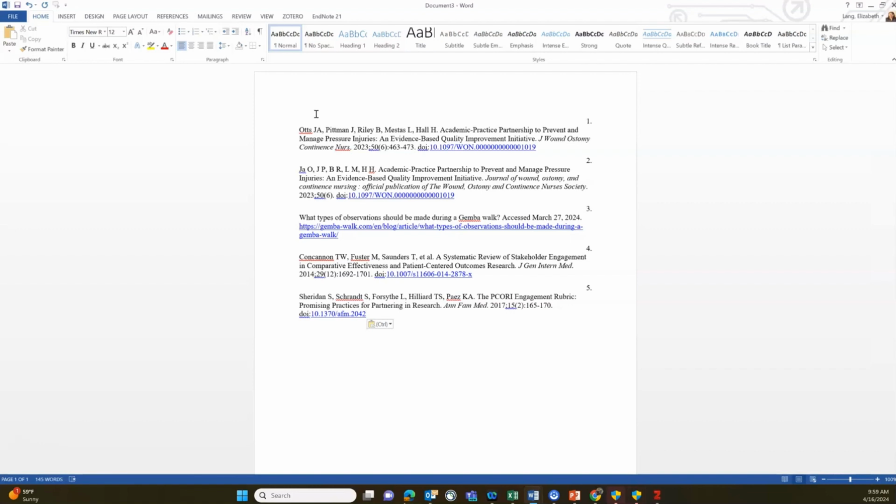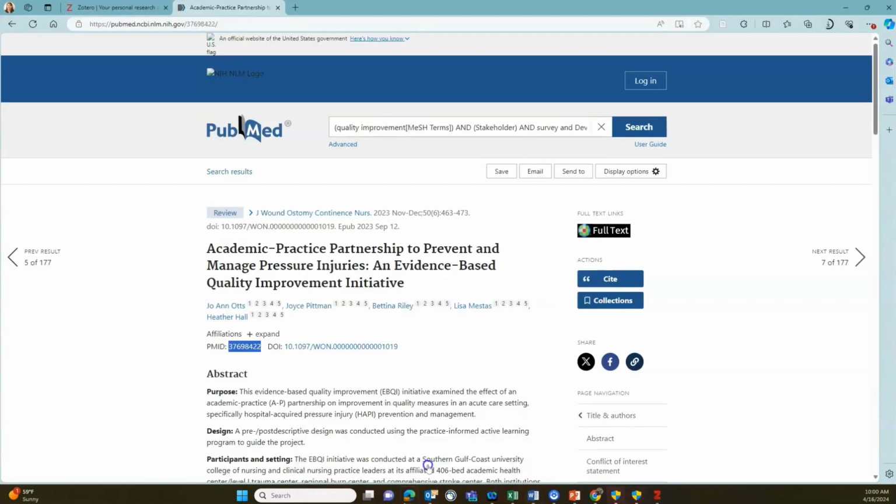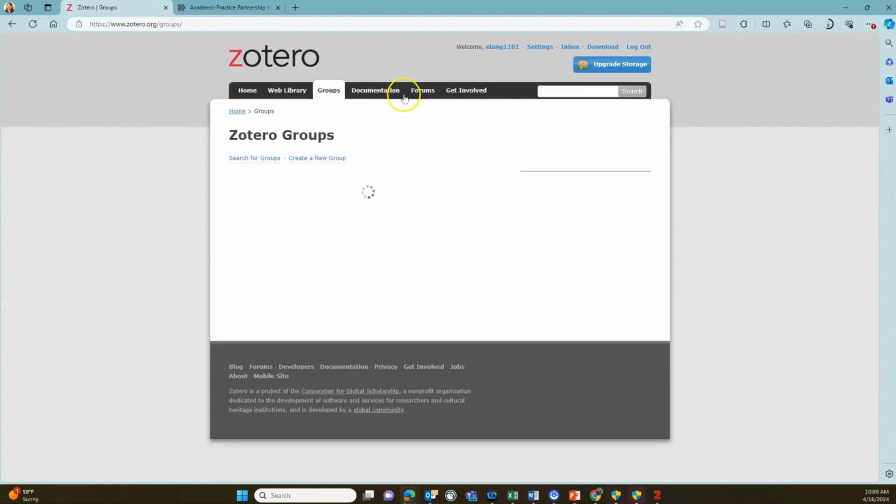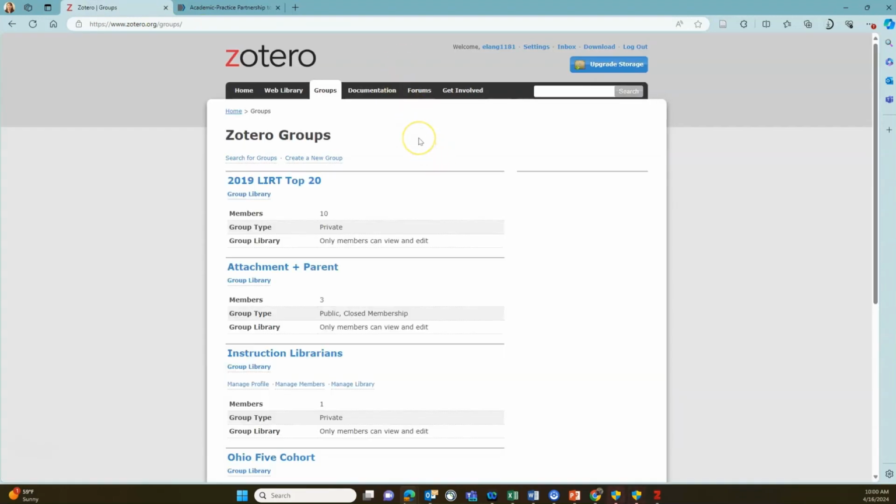The last item we need to cover is how to create group libraries. So we need to go back to zotero.org and hit groups. From here, you can create group libraries, which allow teams to collaboratively find and curate resources. To create a group, you want to go into create a new group,